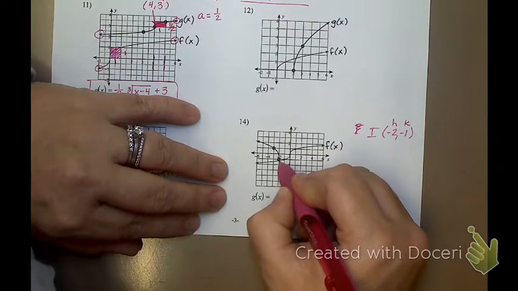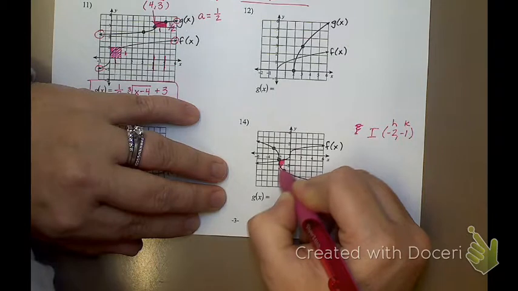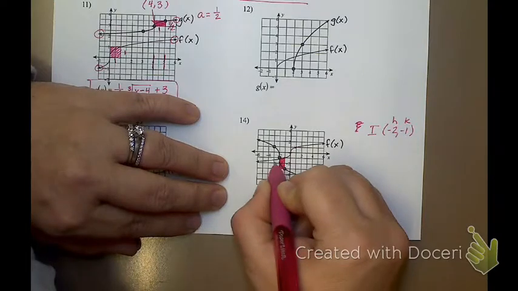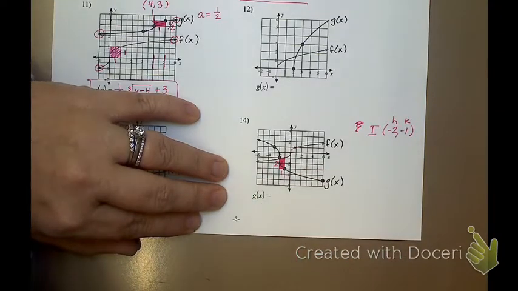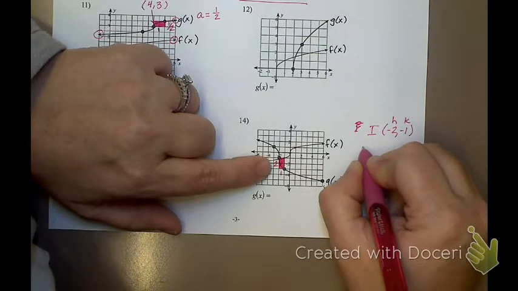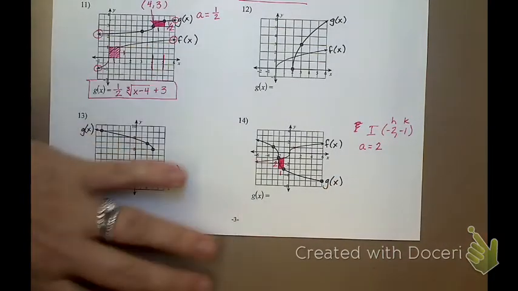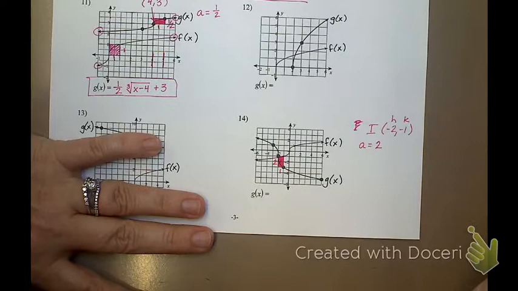Now I'm going to look at a box again, from the inflection point to any point next to it, either of the 2 points, I should say. And I have a box that is 1 wide, but it is 2 high, which means that if the height is 2, my a value is 2. Okay? Now, to see if it's a +2 or a -2, to see if there's any reflection, let's look at